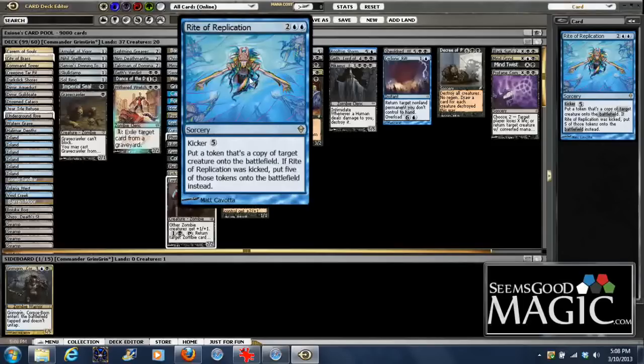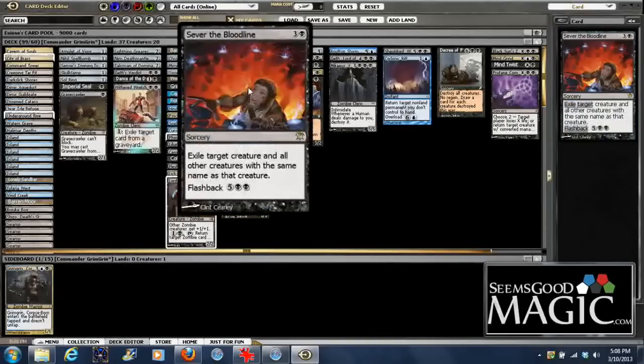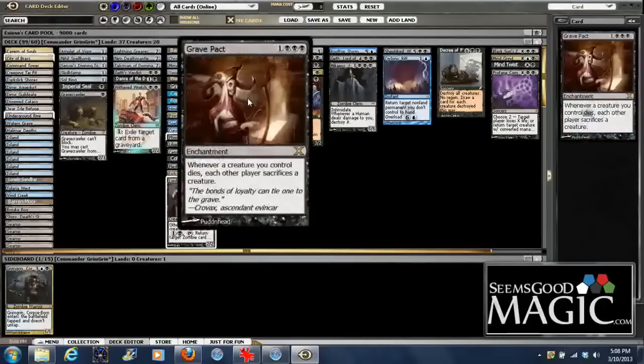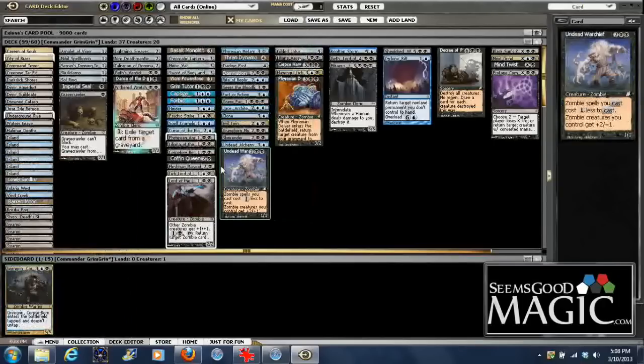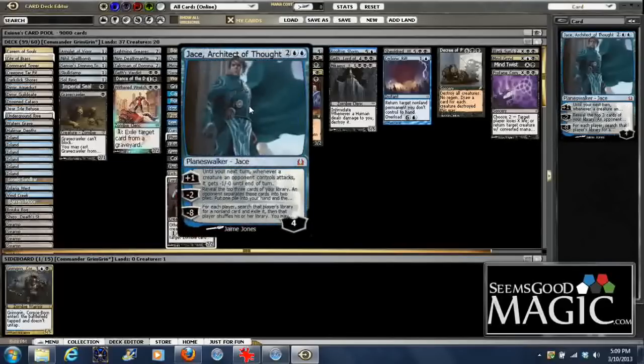I can pay for the overload cost, or I can just kill the commanders with it. Sever the Bloodline: I can just exile problematic creatures. Fiction for card advantage. Grave Pact works very well with Grimgrin in the sense that I sacrifice, my opponent has to sacrifice as well. I do not have James Mind Sculpture, so I took